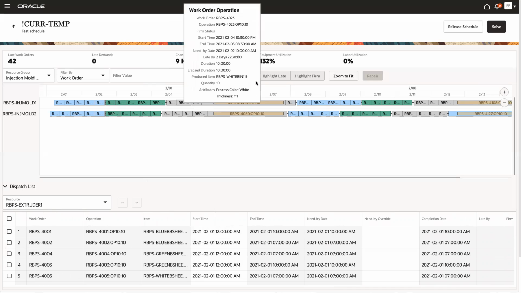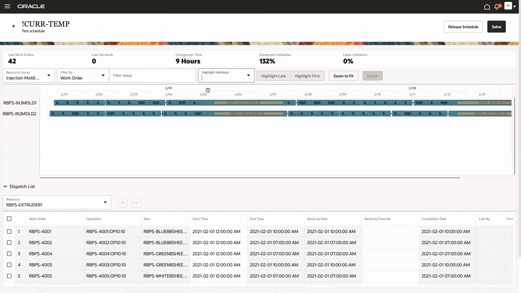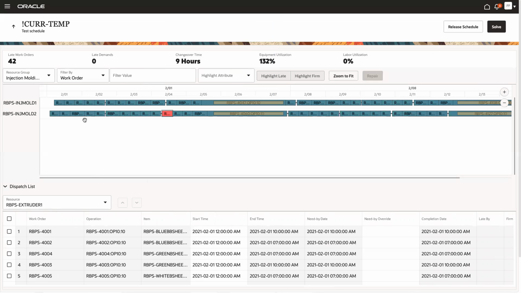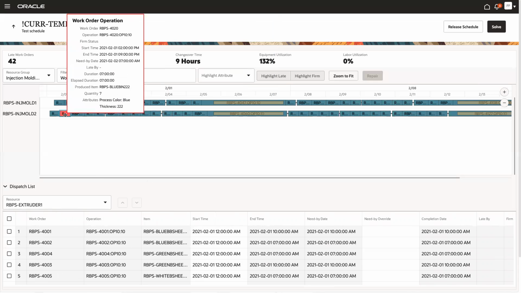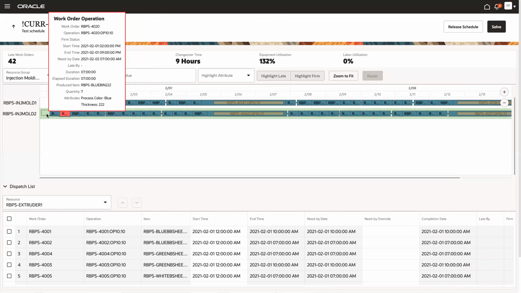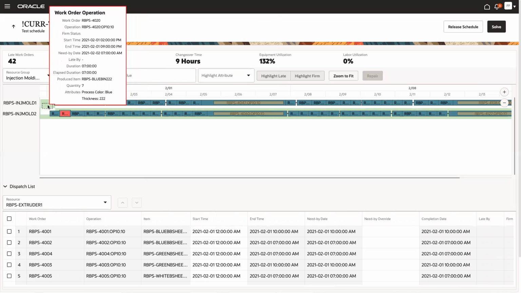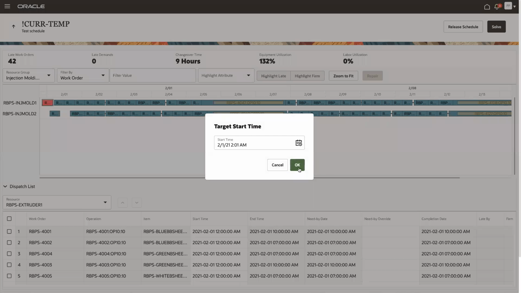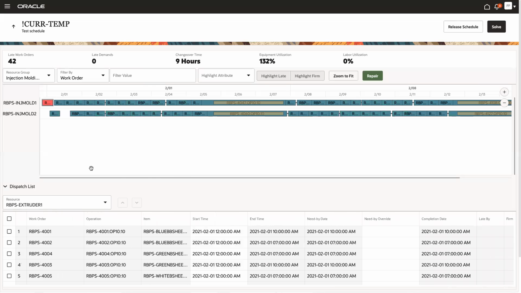In terms of manual schedule actions, the first one to show is maybe the drag and drop. I can drag an operation on the same resource, or I can drag it on another resource, specify the precise start time if I want. And now you see that the repair button activated, and now I could submit a repair. I won't do that. I will just show a couple other changes.